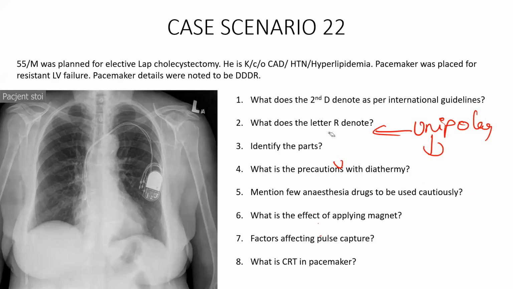Next precaution: you can place the earth plate very near to where you are operating. For example, if you're operating on the distal radius, you can keep the earth plate here. So the current starts here, gets dissipated, and reaches the earth plate, so it never crosses the cardiac axis. In that case it is safer. Of course, it's not possible in all cases, but whenever possible, make sure the current doesn't cross the cardiac axis. That's the simple logic.